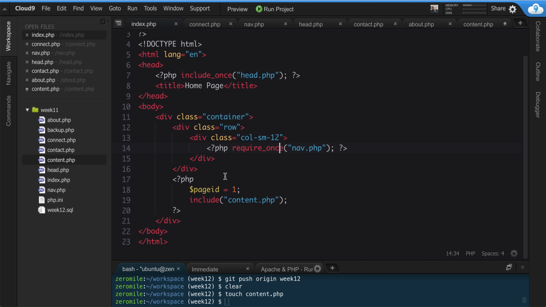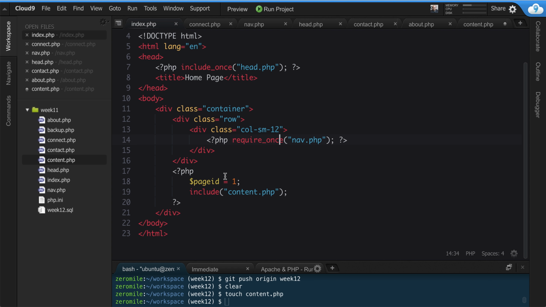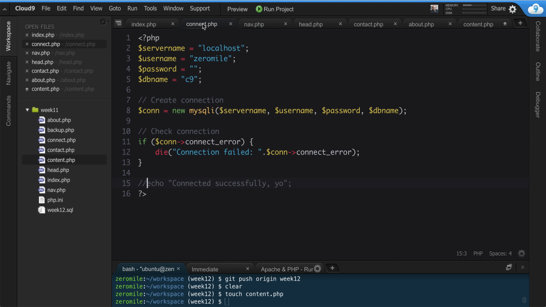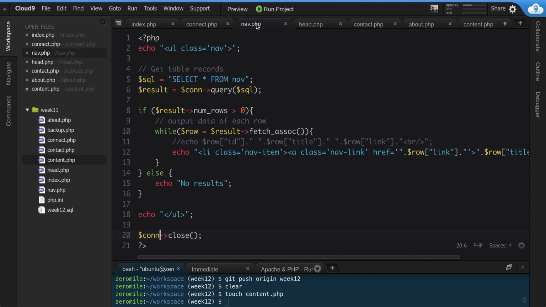So this nav.php file, it goes out, creates some SQL, queries the table, gets a result, exports the result, and then it does this thing here. So remember, this $con, this variable, is an object that contains our connection. When we do this close right here, we're ending the connection that this thing makes. So if this isn't rerunning again, once nav.php goes, we're closing our connection out, and we're not